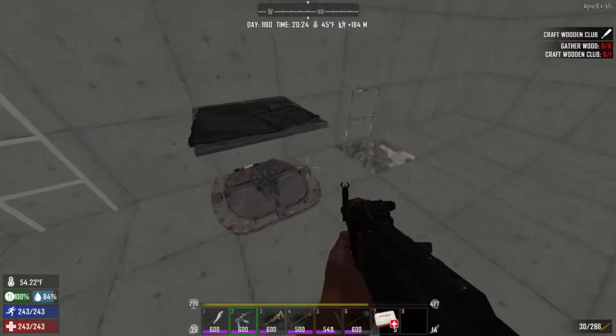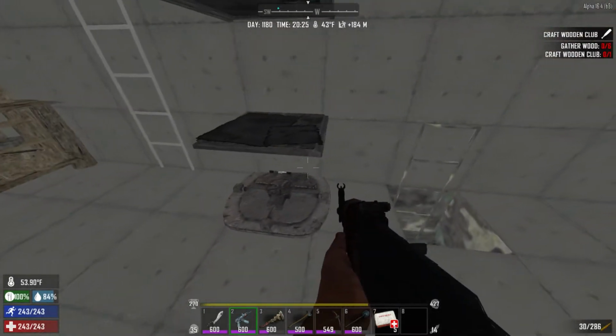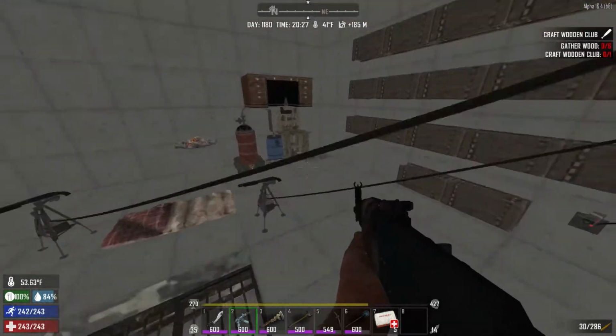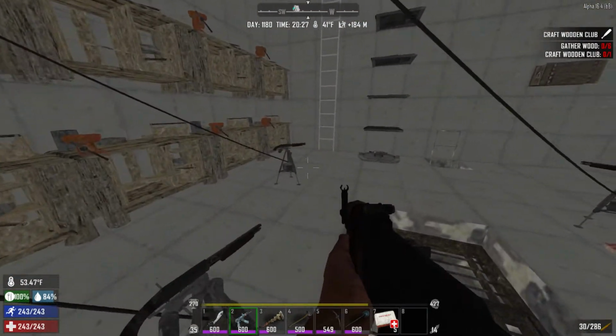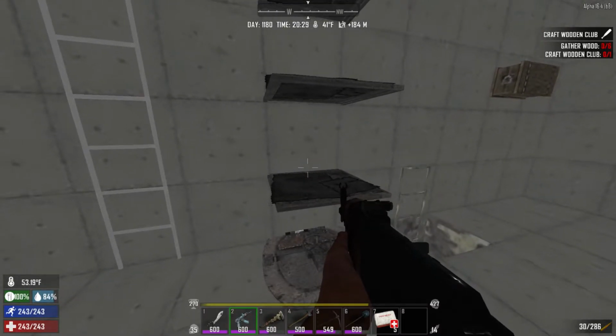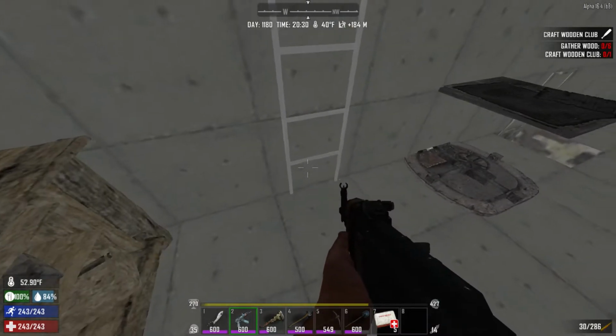Obviously, you don't want to set your hatches up this way. So, you do like I have down below. You have an open space below the hatch. You have a frame off to the side. There's no way they can use that frame